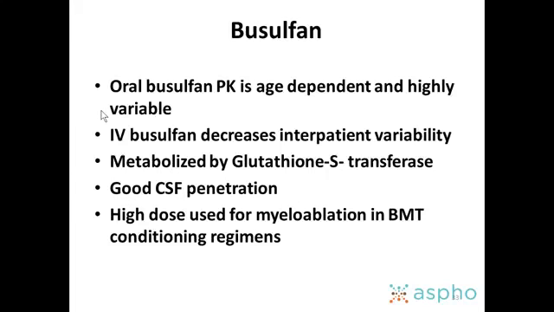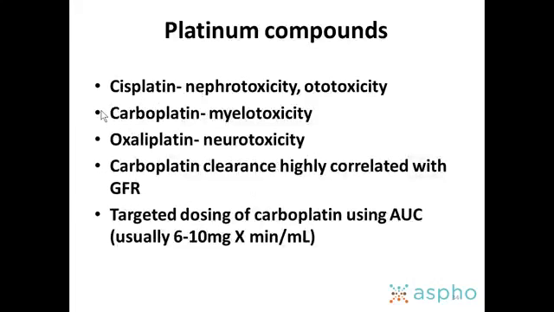AUCs of greater than 1200 basically are associated with hepatotoxicity and veno-occlusive disease, and those between 800 and 1200 are considered optimal for engraftment. This drug also has good CSF penetration, and as I mentioned, high doses are used in bone marrow transplant conditioning regimens. Moving to platinum compounds, again, the important thing over here is